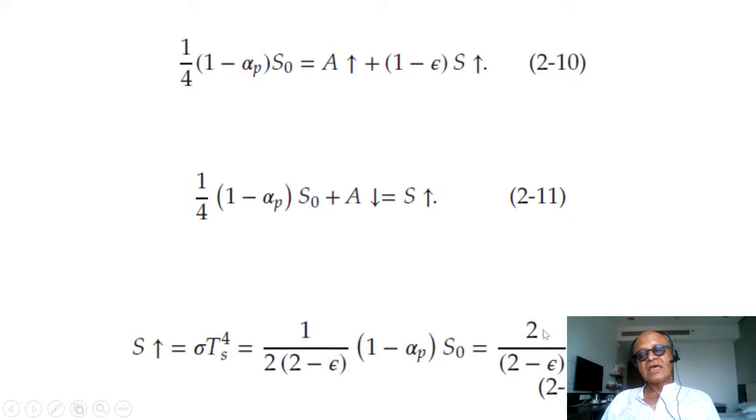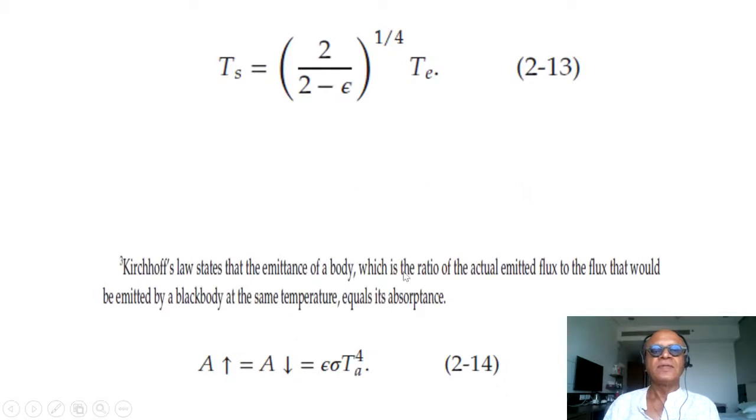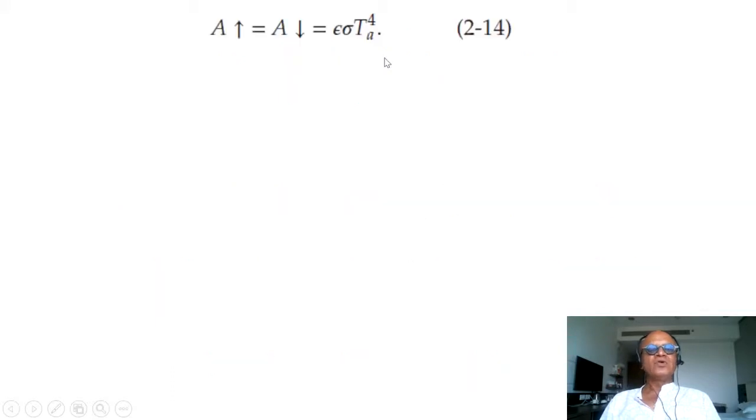If it's less than 1, then this is going to be divided by something larger than 1, which decreases Ts. So if epsilon is less than 1, this is going to be reduced because you are going to divide by 1 point something. Let's say its emissivity is 0.7, then it's going to be 2 divided by 1.3, so the surface temperature is going to be less warm than if it's a perfect black body, in which case this would be 1, and it would be 2 to the 1/4 Te. Okay, so that's the simple